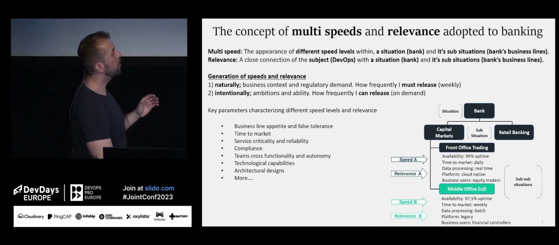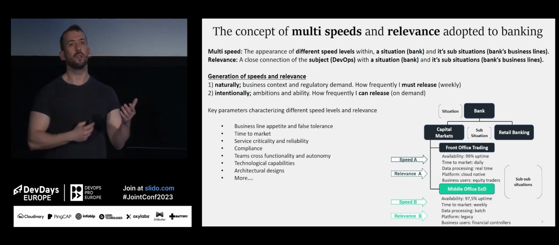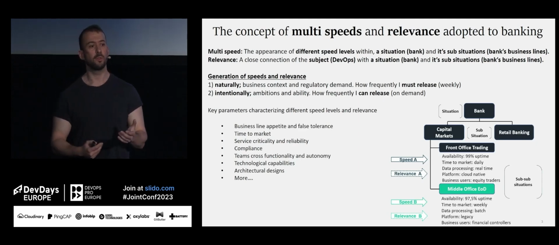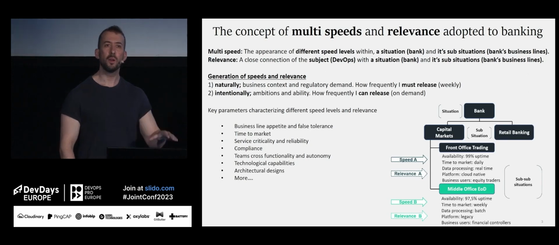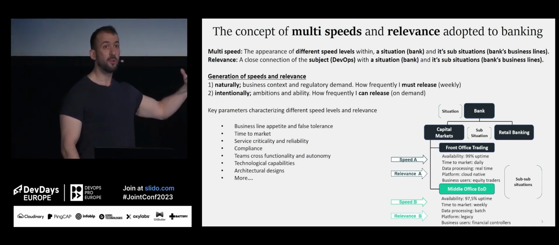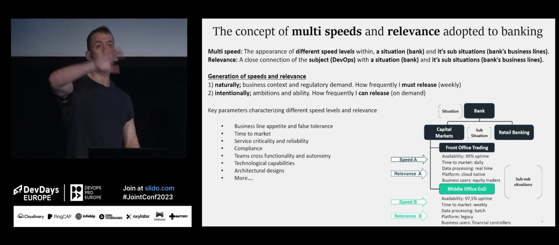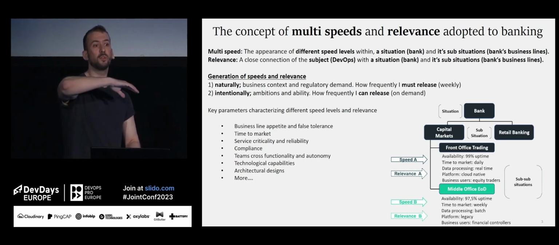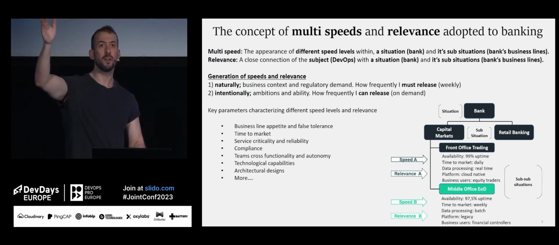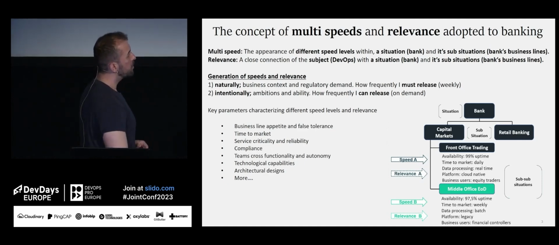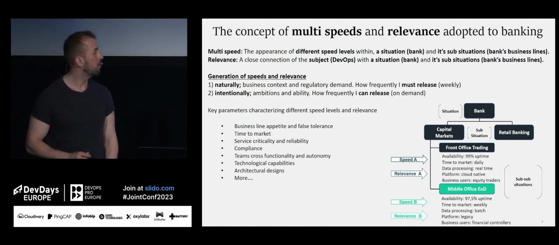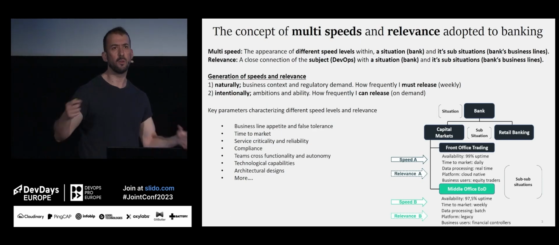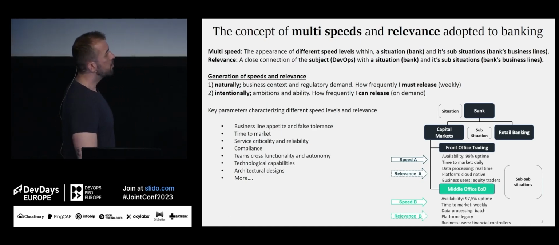And then you have middle office. Middle office is a little bit more end of day, so when the markets close and things happen. So availability is lower. Time to market is weekly, maybe not even weekly, monthly will be enough. It's batch processed. So you get all the trading activity, then end of day runs the sequence of batches, they do mathematics, they process data, and then you get P&L numbers and risk numbers and stuff. The platform is legacy, so it's not really cloud native. Think about a monolithic, typical 3-tier architecture or a huge data warehouse of Oracle,